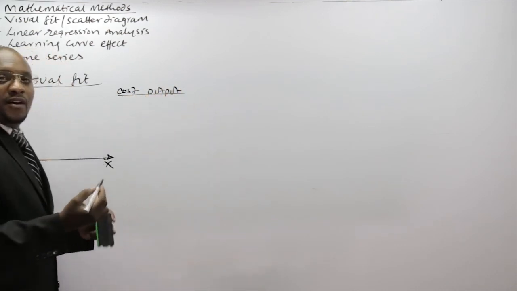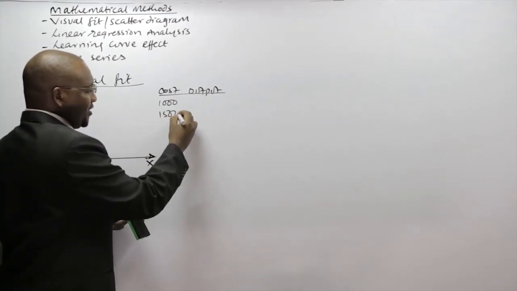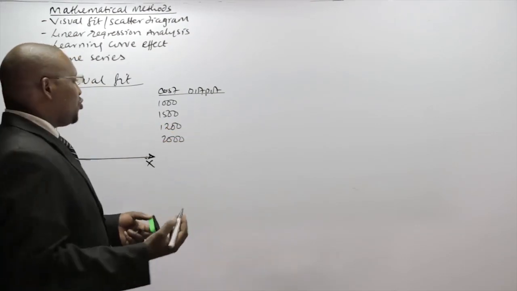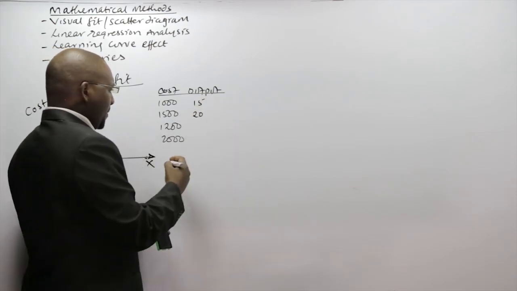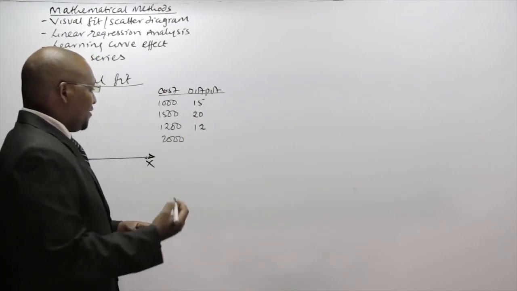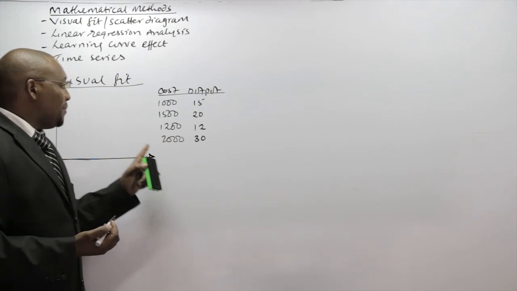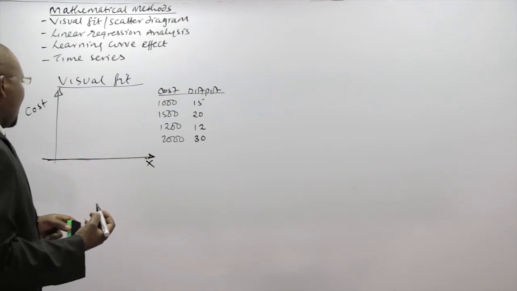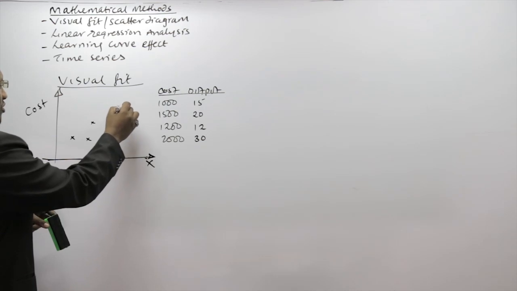Let's say maybe it's a cost of, say, 1,000, 1,500, 1,200, 2,000, and we have the output. Let's say the output is like 15, 20, maybe we have 12, say we have 30, like that. So this kind of data, when plotted on a Cartesian plane, which is the graph, and assuming we have our coordinates in this version,